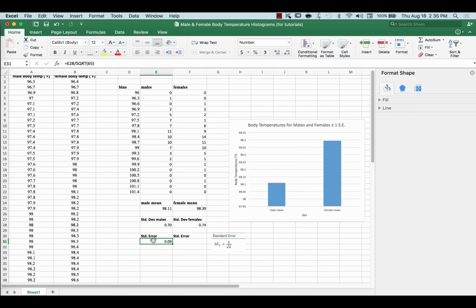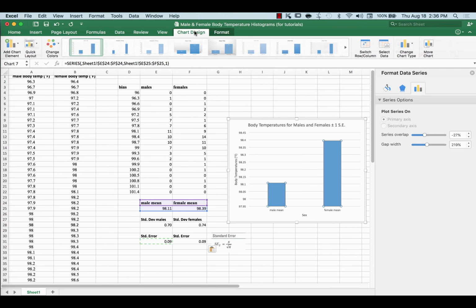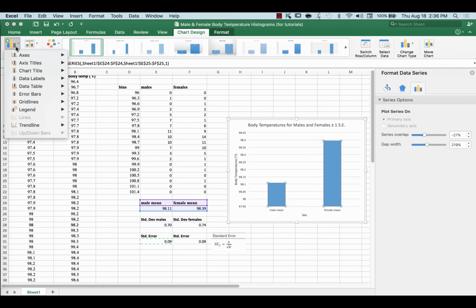Again, I can copy paste, Command C, Command V. It just so happens that the standard error is the same for both of these. Now I want to add a standard error bar of a value of 0.09 above and below the top of this bar. Now to do that, first I need to select on the chart, go to Chart Design, add Element,